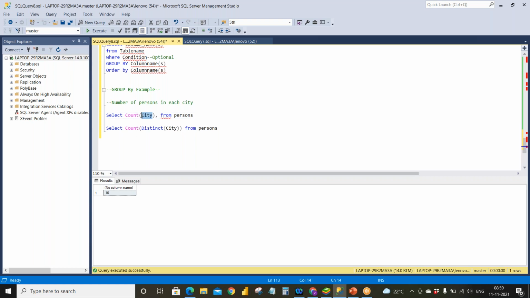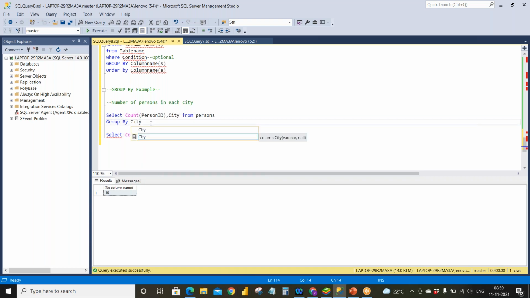So I'll select person ID, comma, city, then GROUP BY. I want to know the persons in each city, so I need to group by city.